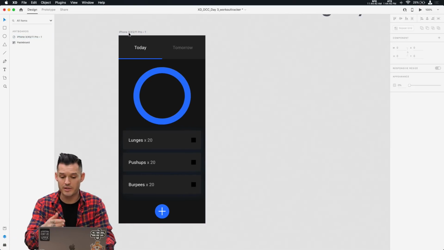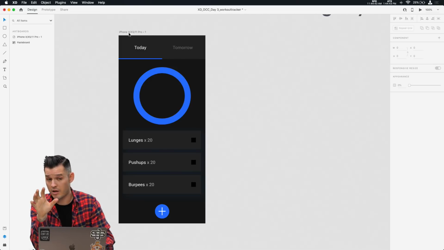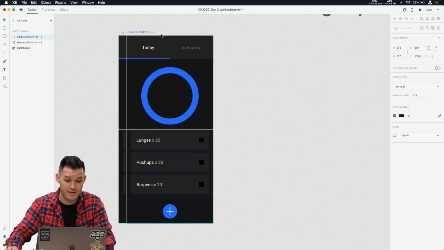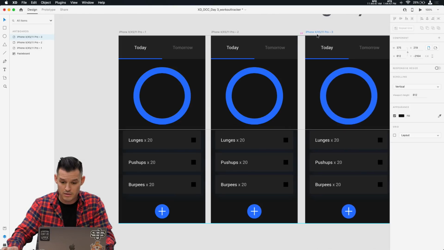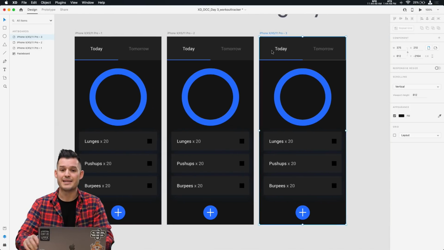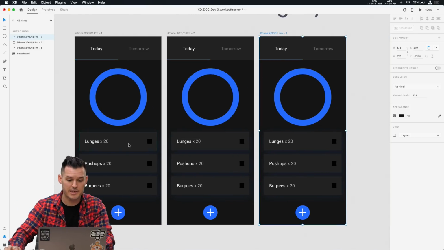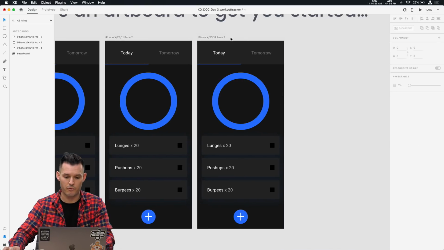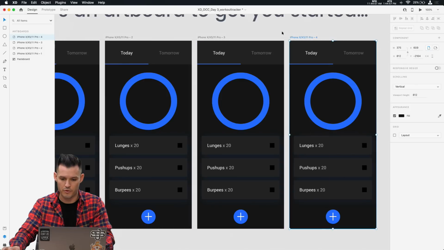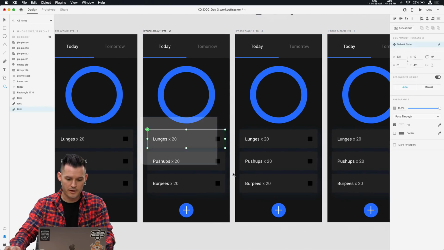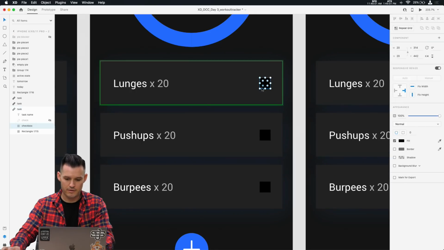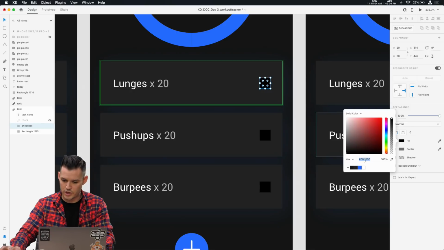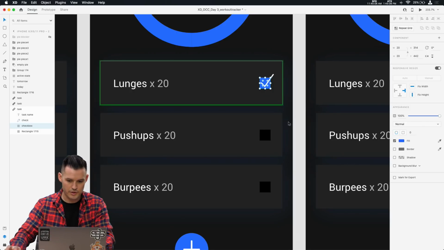Next thing we wanna do is, we have these three tasks that we wanna complete. So we're gonna drag out 3 different artboards. Now really quickly, let's put our focus down here on the tasks. In our prototype, we're gonna be clicking here and moving to the next one. Actually, we need a 4th one, don't we? Let's move it out to a 4th piece. So when we click here, this is gonna be complete. So why don't we change this to the blue, turn on the check mark, right?